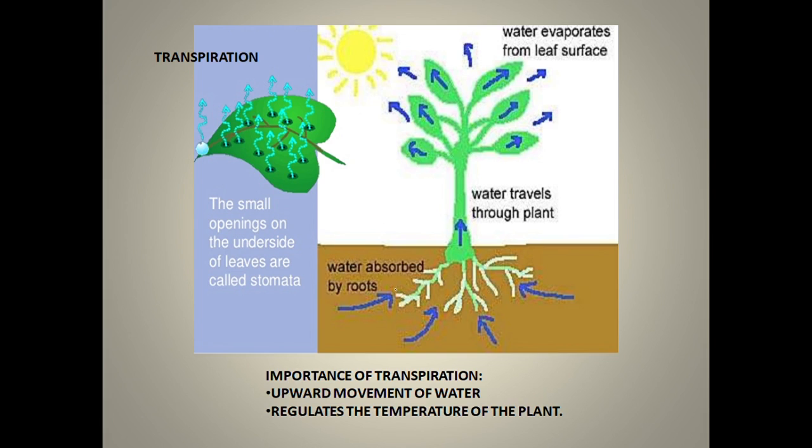So what happens here? There is a difference in concentration, so water will move from the soil into the root. This is what is happening, the diffusion from the soil into the root. Now, in the same way, a continuous column of water is maintained. How? For example, if the diffusion is happening at this point, the water is entering here.